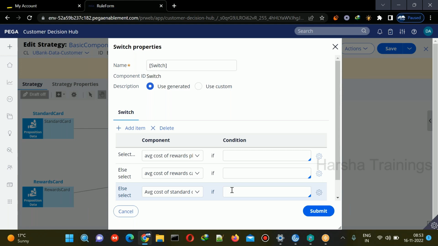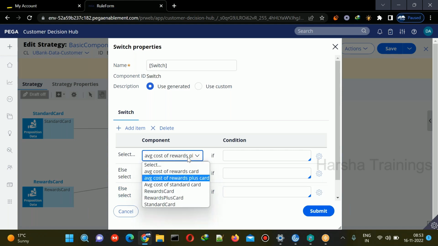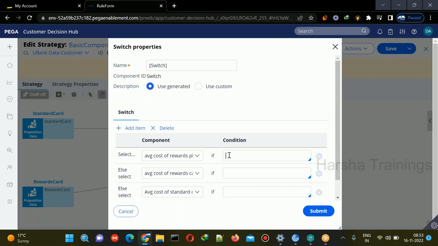Now what we have to do here is select the average cost of rewards plus card. This one you are selecting. So what I will do now is trigger the use of customer data. So what I will do is I'll just select